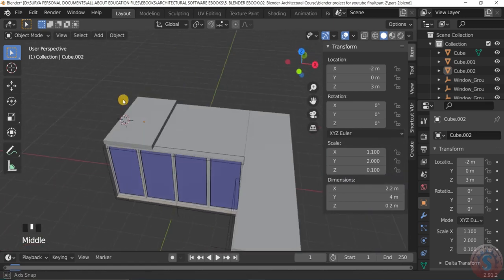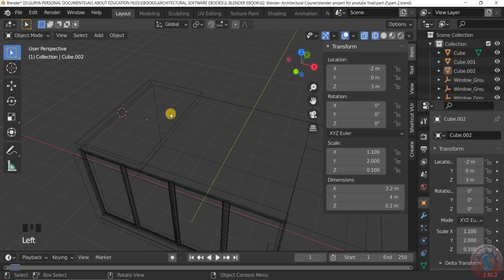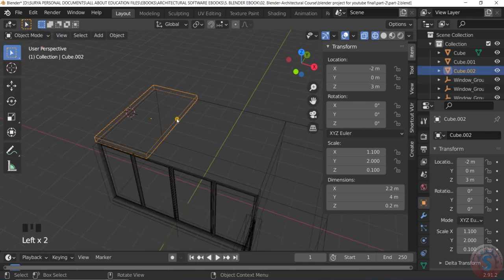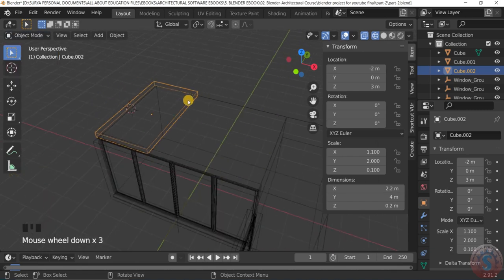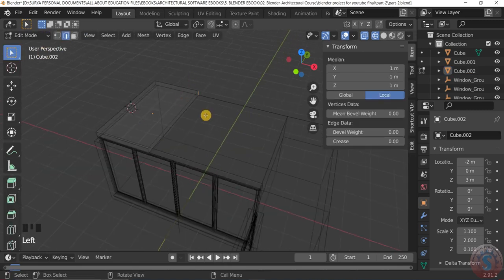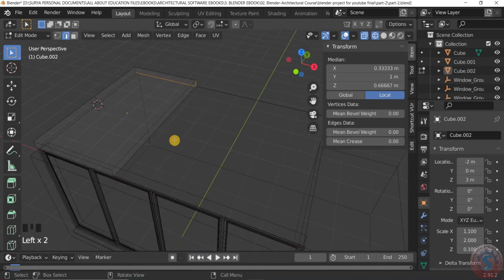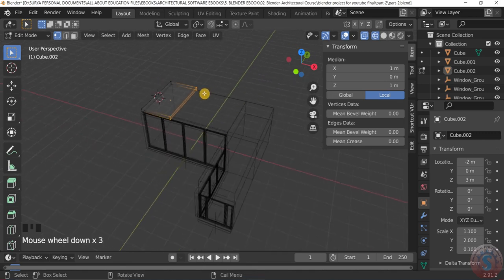Then after, I want to extrude this face by clicking Z for wireframe mode, selecting the object mode, and selecting the cube. Then go into edit mode and select this by pressing the shift key.